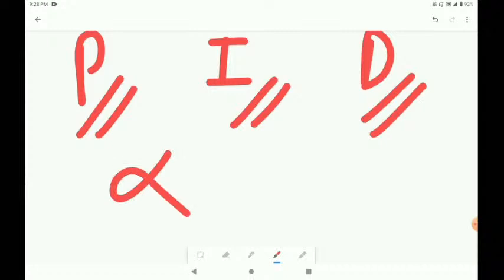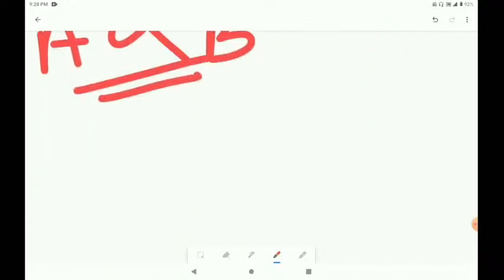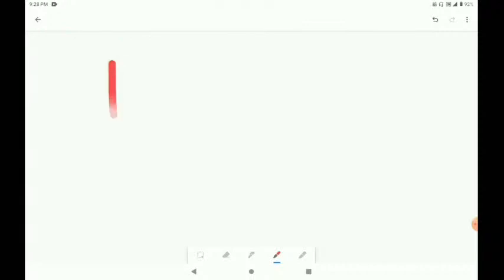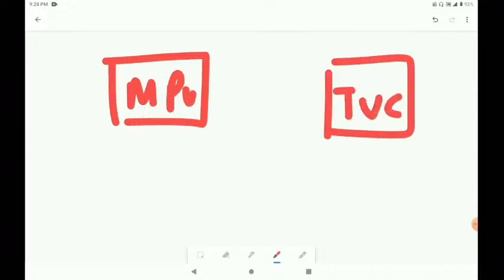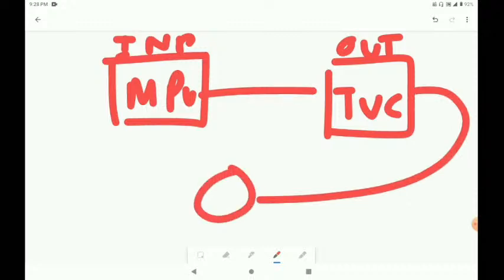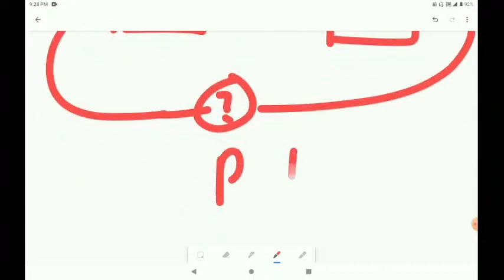This sign says A is proportional to B. So if we have an input as our MPU and an output as our TVC mount or the servos, then if we need to connect both of these, we need an operator to complete this loop. And this first operator which we are going to talk about is the P term,